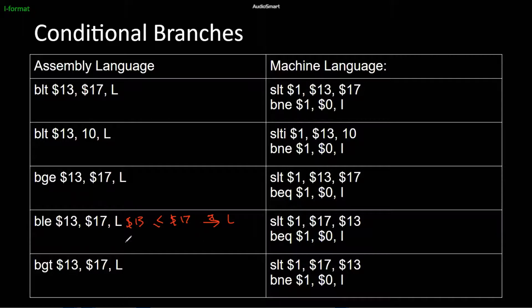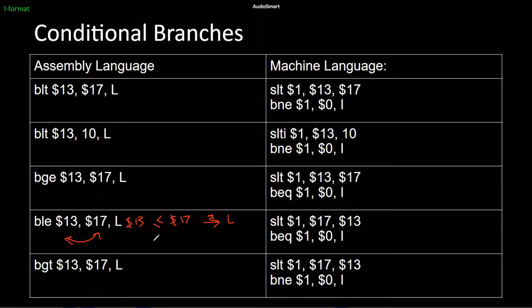What actually happens in machine language is that we are doing a set less than, but we are swapping the order. Because if we want to negate this one,